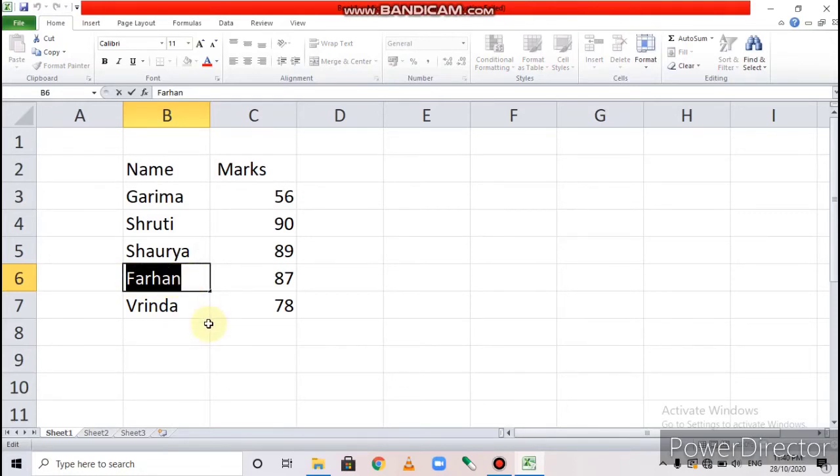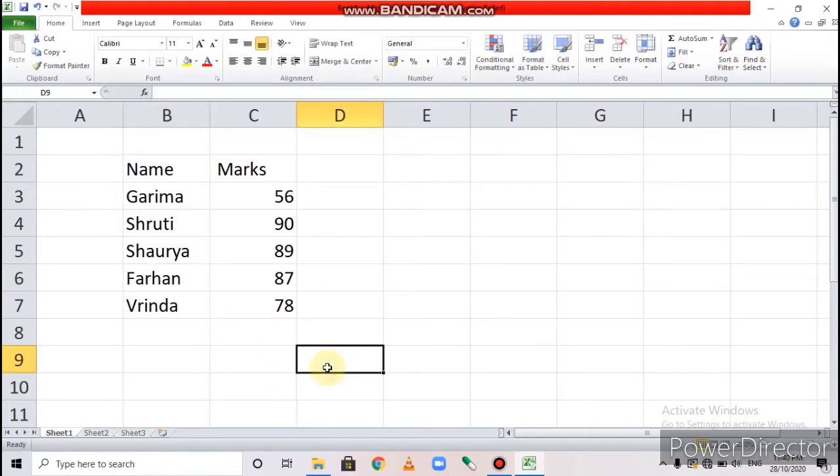Right? Now, second option, a single cell. How do you select a single cell? Click the cell using the mouse or use the arrow keys to move to the cell. If you want to select a cell, just simply click on that cell, or you can use arrow keys to select the cell. Understood? I repeat once again. To select a single cell, just click on that cell which you want to select.